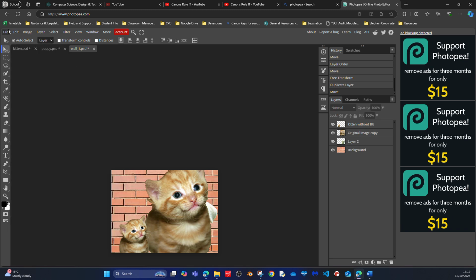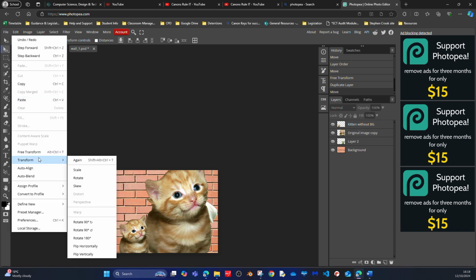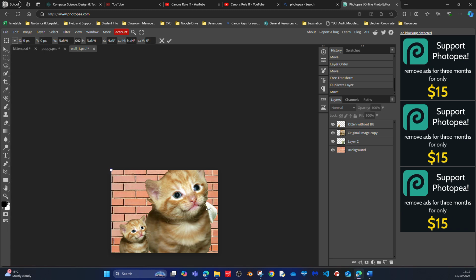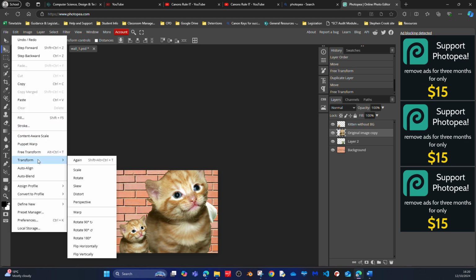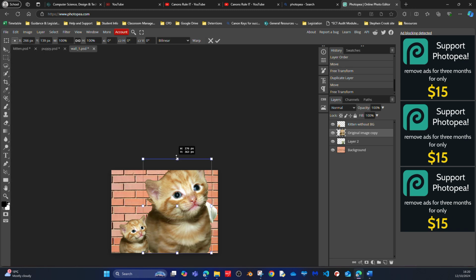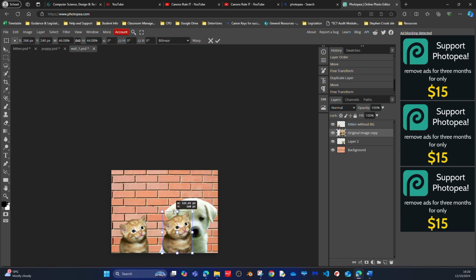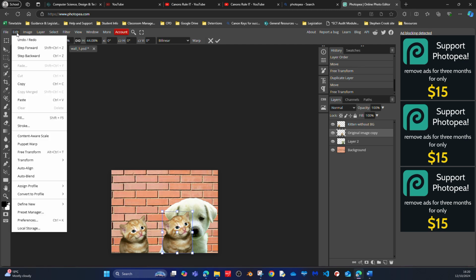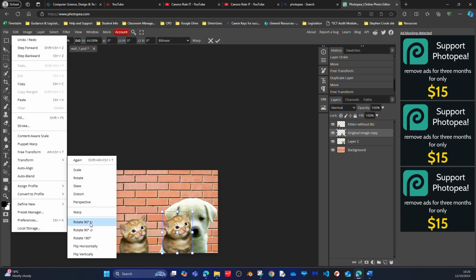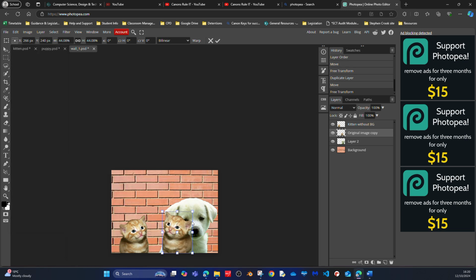Transform, edit, transform, and scale. Okay, and make sure I have the right thing selected, and then I do edit, transform, and scale, and then scale it to the same size as the other one. Okay, this one I want to make look the other way, so I'm gonna go to transform and flip horizontally. So now we flip horizontally and we will have two cats